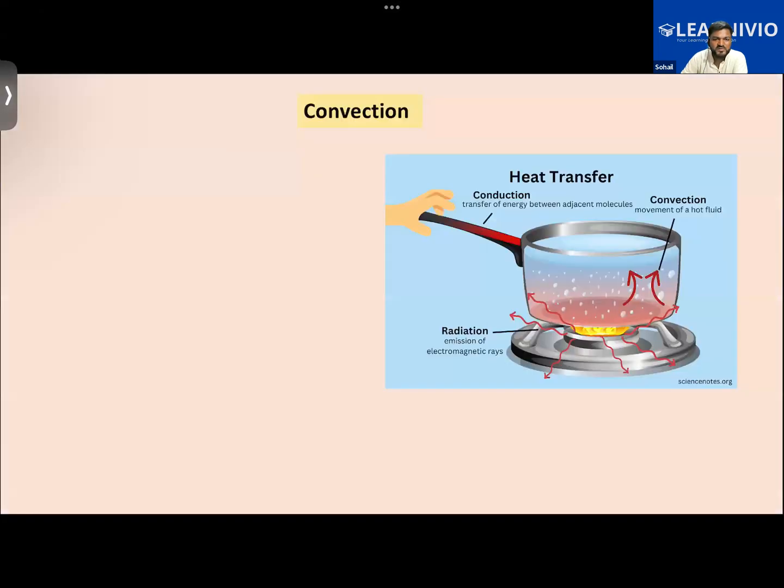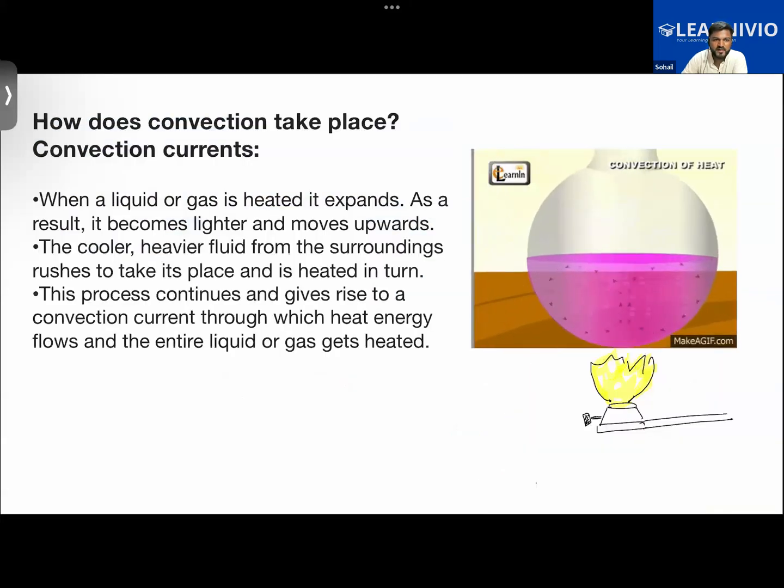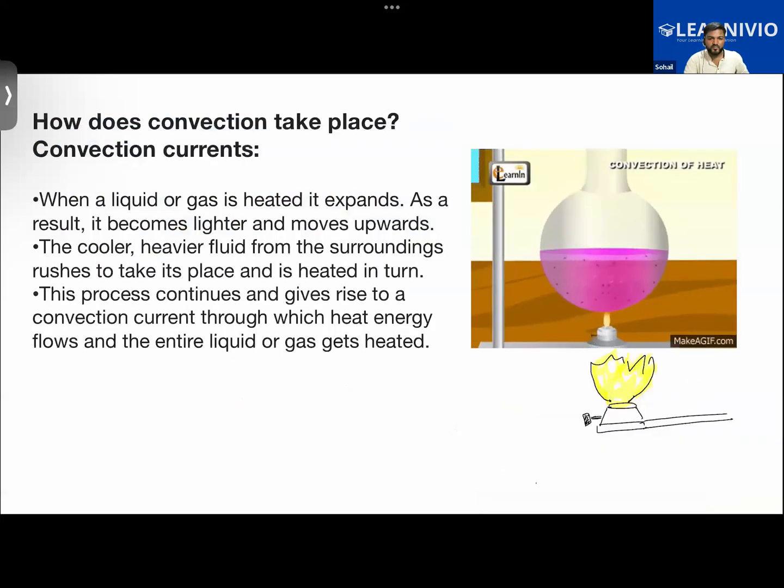We were talking about transfer of heat, and previously we learned about convection, where I told you that the heat will be transferred from one part of the medium to another part of the medium by the flow of particles of that medium. In conduction, the particles do not change their place. The particles remain at their respective places. But in convection, the particles move from one place to another.